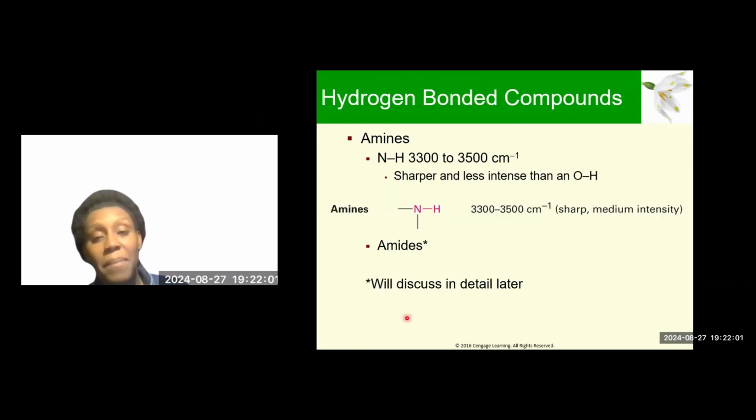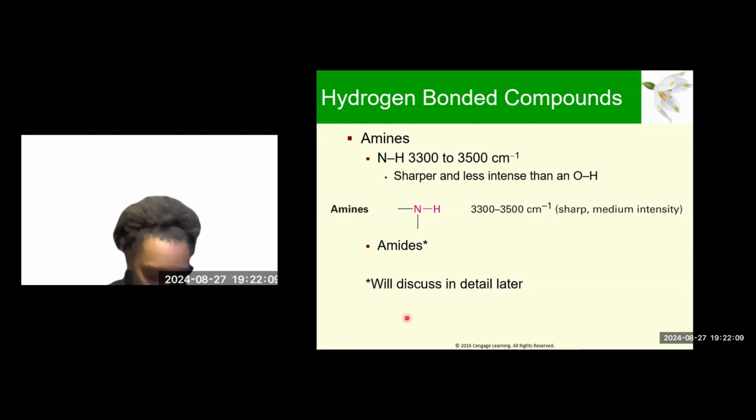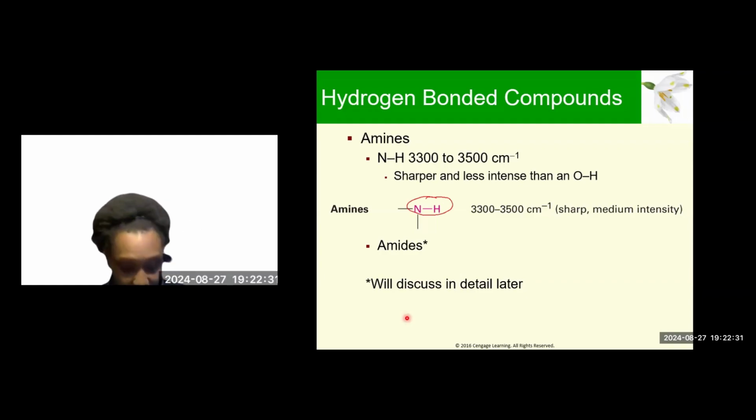All right, so next you have an amine. If you guys remember, an amine is nitrogen, hydrogen that's attached to an R group. And so you can have an R group here. An R group is simply a carbon chain, all right? And then here could either be another R group if it's a secondary amine, or it can be a hydrogen there. But the main thing that you're looking for is with amines, you have that nitrogen-hydrogen bond there. And what you're going to have when you do that is a sharp medium intensity peak